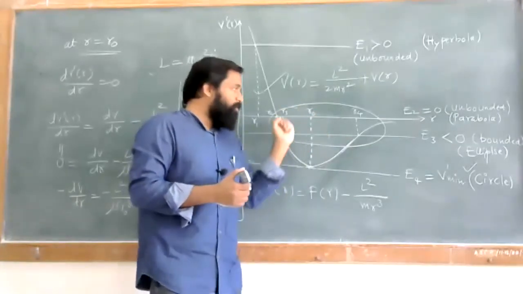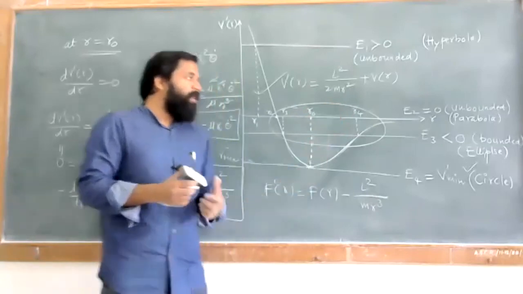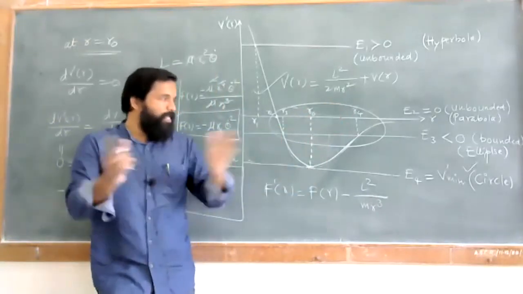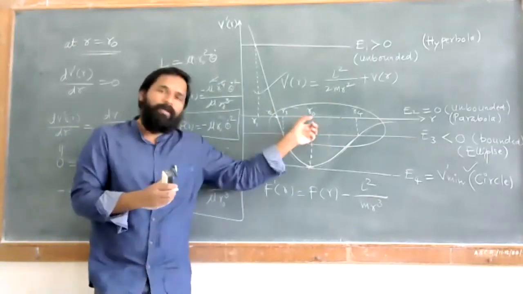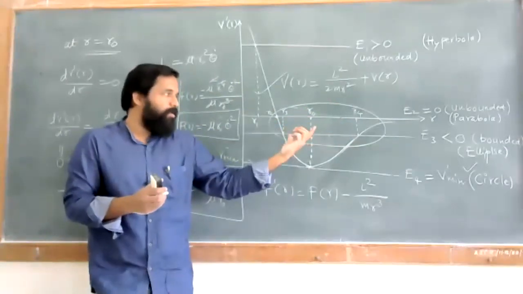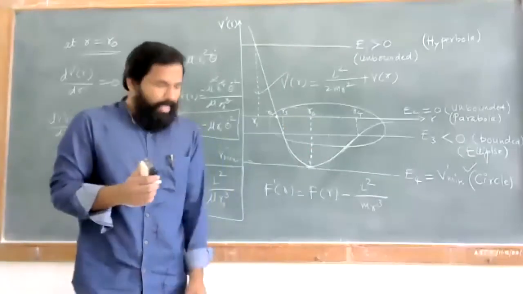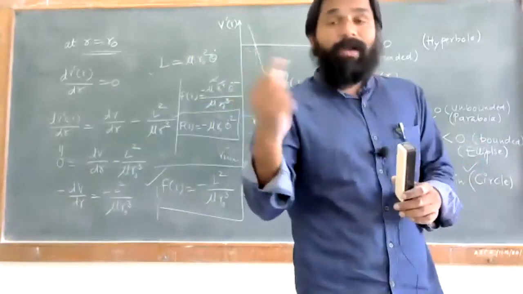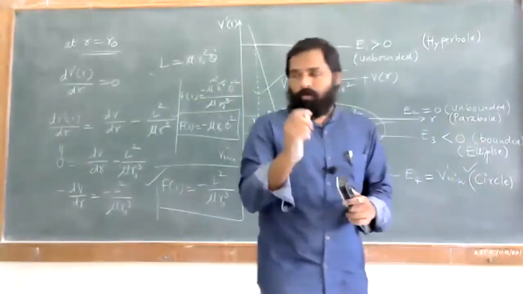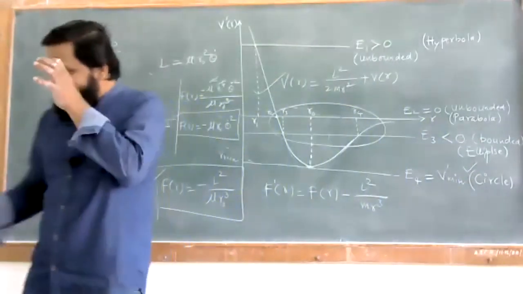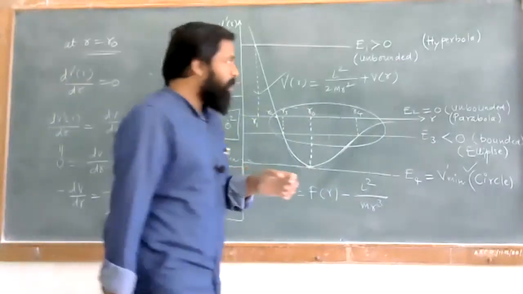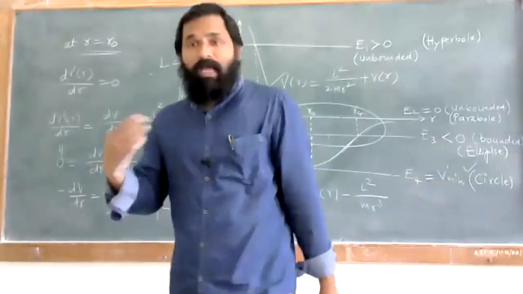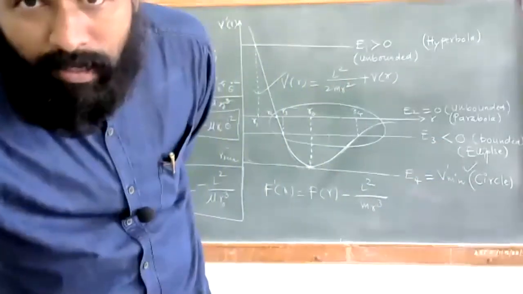bounded motion, and with respect to this bounded motion the kinetic energy is positive, or you can say except these boundaries the kinetic energy becomes negative, and so we can have this E3 as less than 0, which says it is a bounded motion, and that bounded in terms of an ellipse. So that's all for your conditions. Just remember these points: what gives positive, what gives negative, what gives hyperbola, what gives parabola, these things in this.